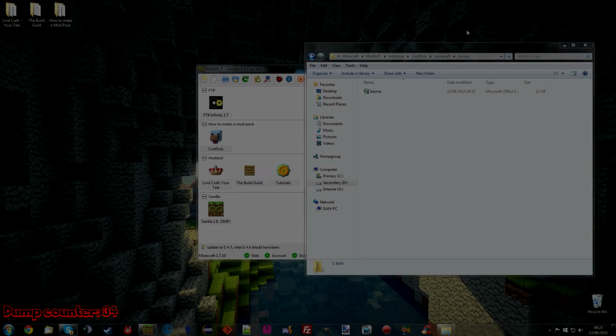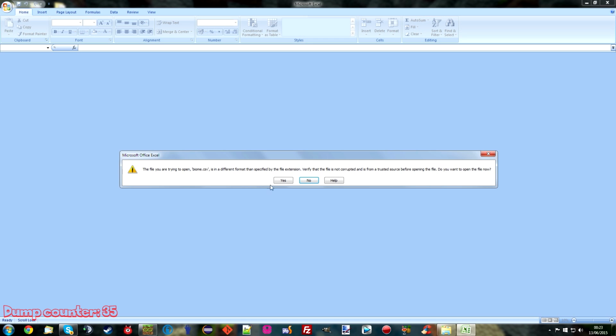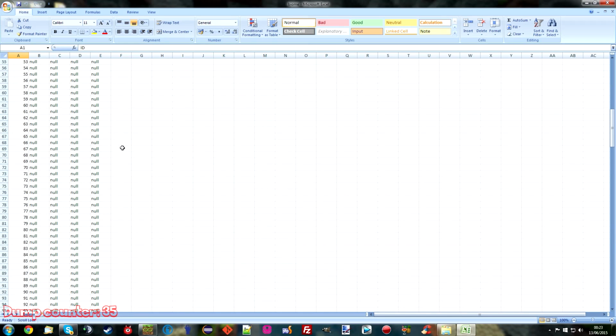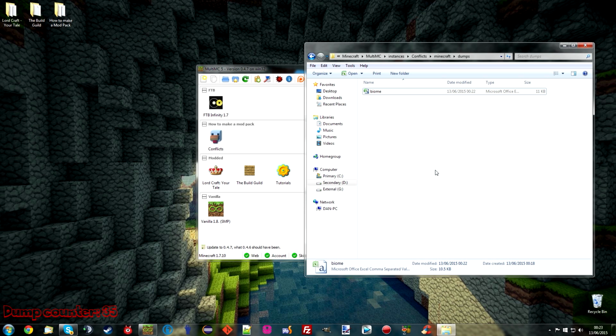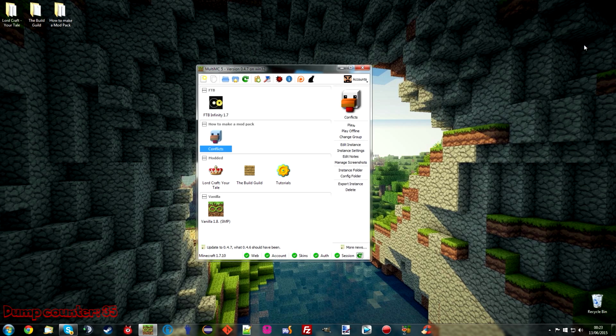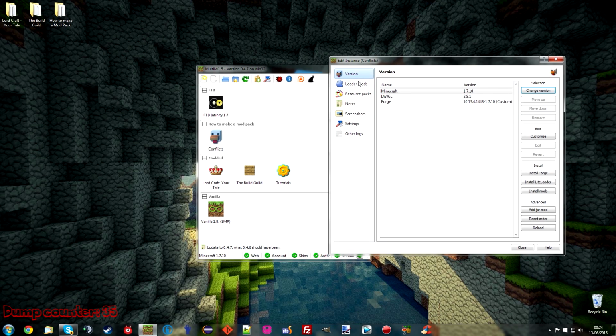Okay, guys. So I've generated that dump, and here we go. Just load back in. Yep, and ID 105 is indeed the biome degraded from Evilcraft. Great. Okay, so in order to try and make this easy for us, what we're going to do